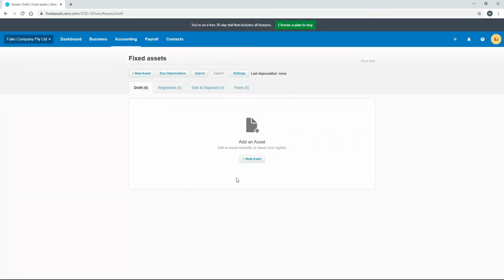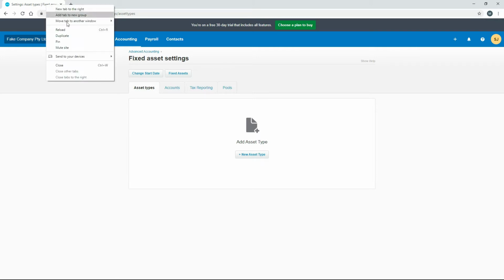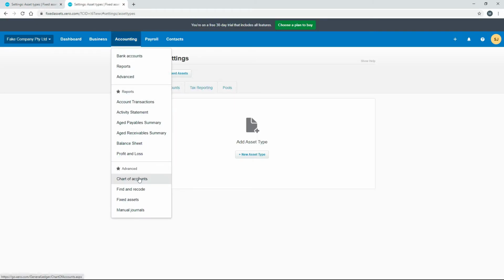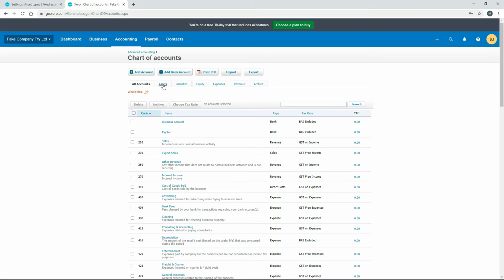Okay, and once that's done, you can see here that we can start adding assets. But before we do that, we just need to go into settings. So just click on this settings button. And what we want to do is we want to add some asset types. So if you duplicate the screen and go to your chart of accounts and just go to the assets,